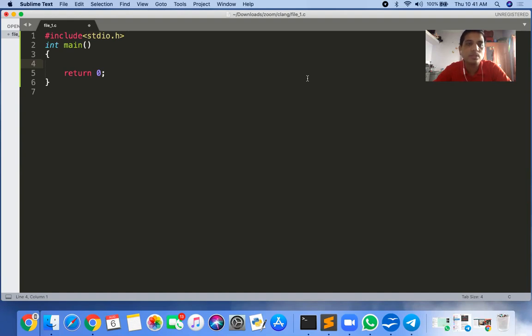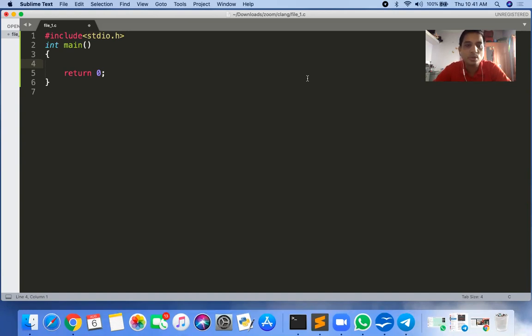So January equal to 1. If I define January equal to 1, February is 2, March is 3, like that. Okay, so it doesn't affect the logic of your program, but your program becomes more readable. It is more user understandable if you use enumeration.